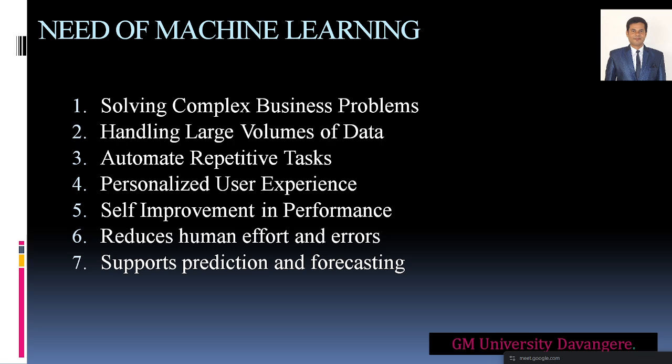So based on these two inputs, it will try to study, it will try to read, it will try to understand, right? By trial and error methods, it will try to improve its experience. So that is called the personalized user experience. Sometimes it may give errors for the first user.